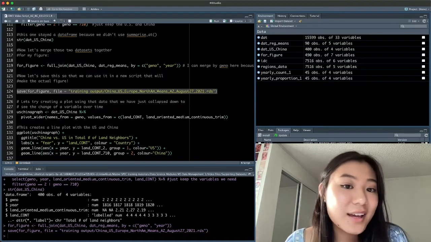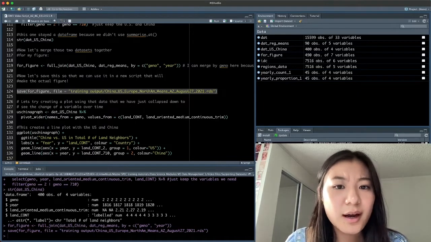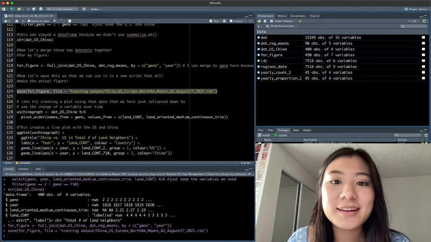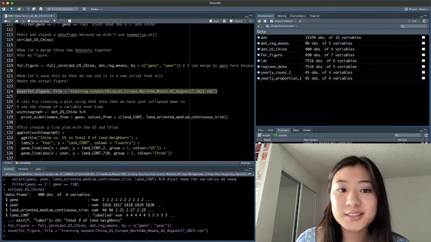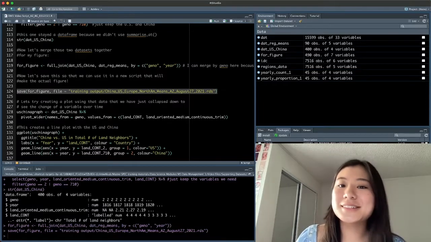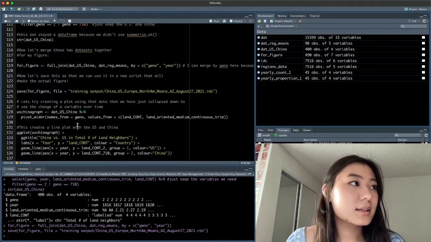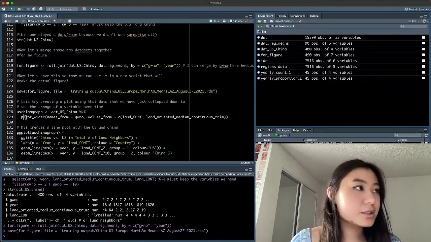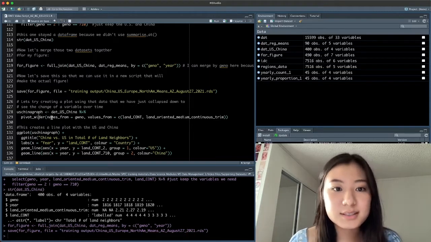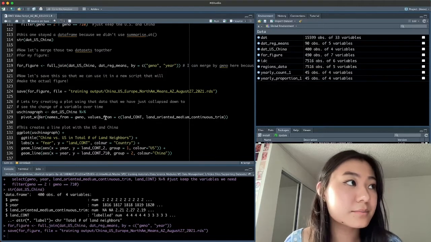So that is how you get a dataset ready for figure creation. Before I end this module, I would like to take you guys through a very simple ggplot made by the data we've been working with. We're going to take the dataset we just made and turn it into a graph. But because we aren't working with data visualization in this video, I'm going to briefly gloss over the ggplot we're making. And so essentially, I'm going to use a pivot wider to make the data frame something that we can be plotting instead of just combining the columns, the countries in each column.